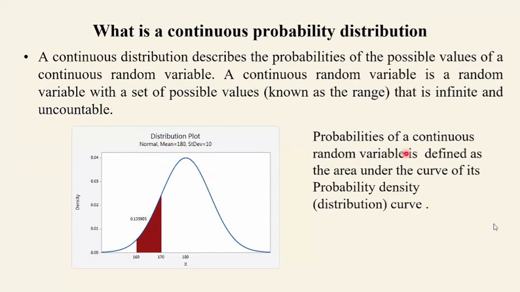Usually the probability of a continuous random variable is defined as the area under the curve of its probability distribution. Statistically, the probability distribution for the continuous variable is named a probability density curve, right? When we represent the probability distribution graphically, this is called a density curve, probability density curve,